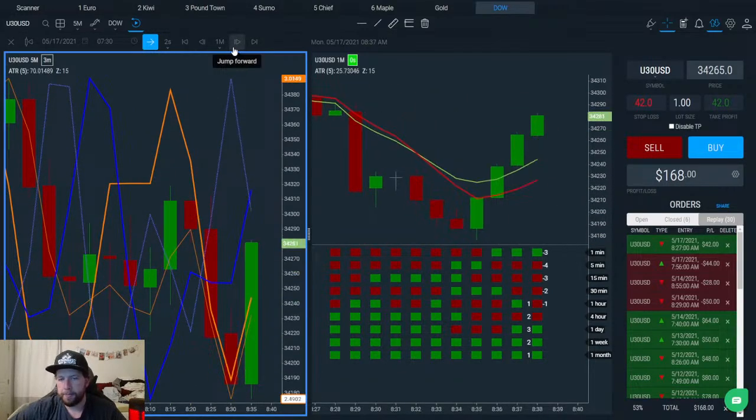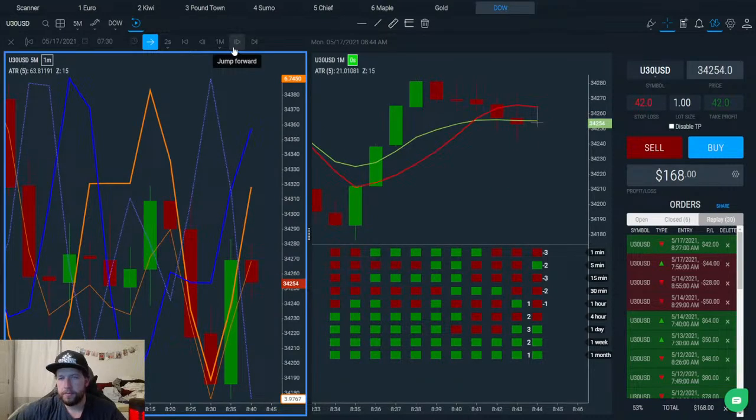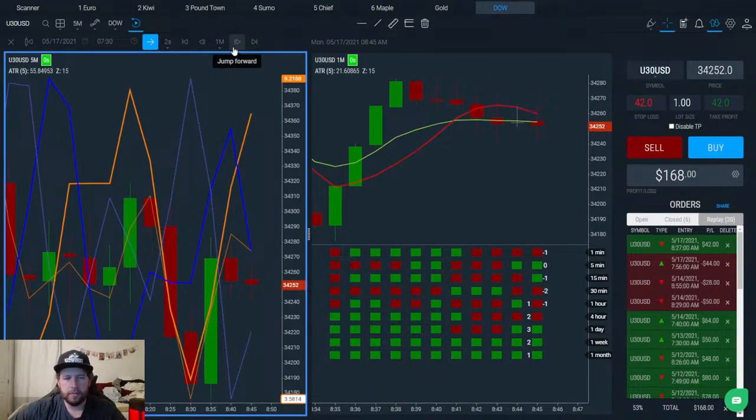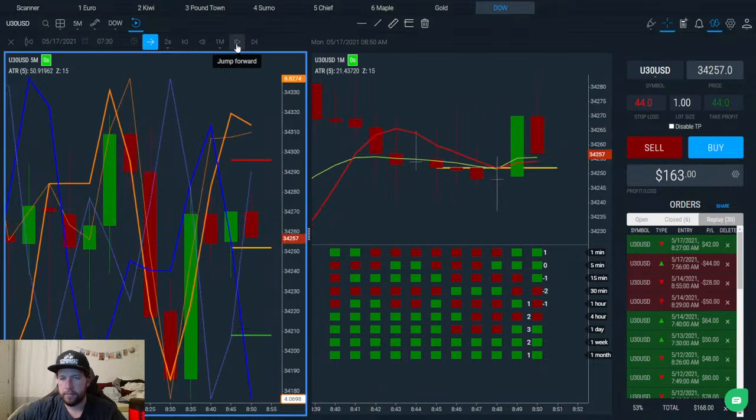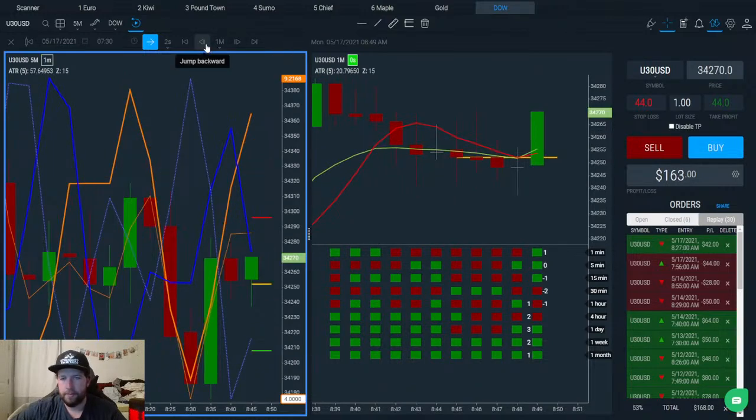Good trade. Another sell signal here. Get a buy signal a few minutes later. And I would actually take both of these in the live market